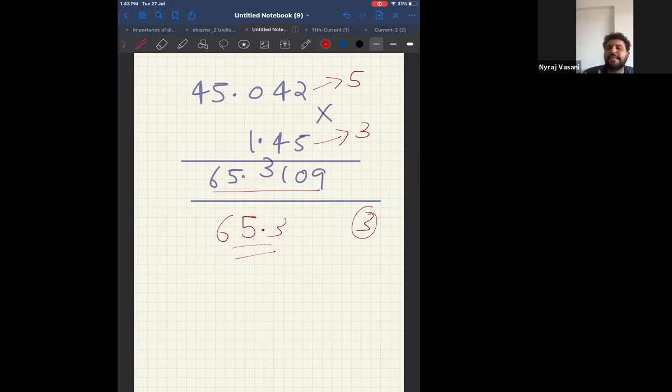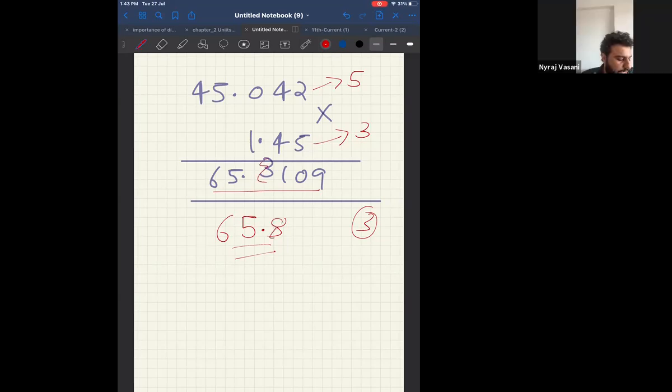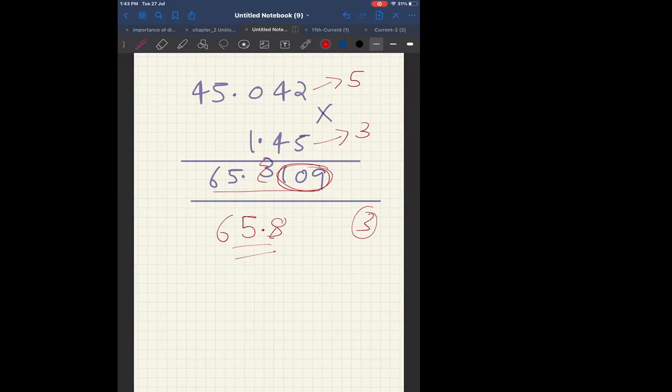See, multiplication and division go by the same rule, and addition and subtraction go by the same rule. Sir, if instead of 3 there was 8 or more than 5, then the number would be 66, right? No, if this was 8, it would still remain 8 because this number is less than 500. Whatever number would be here, it would be the same number because this number which I'm discarding, how many digits is it? 3. Is it more than 500 or less than 500? Less than 500. So it would remain same.